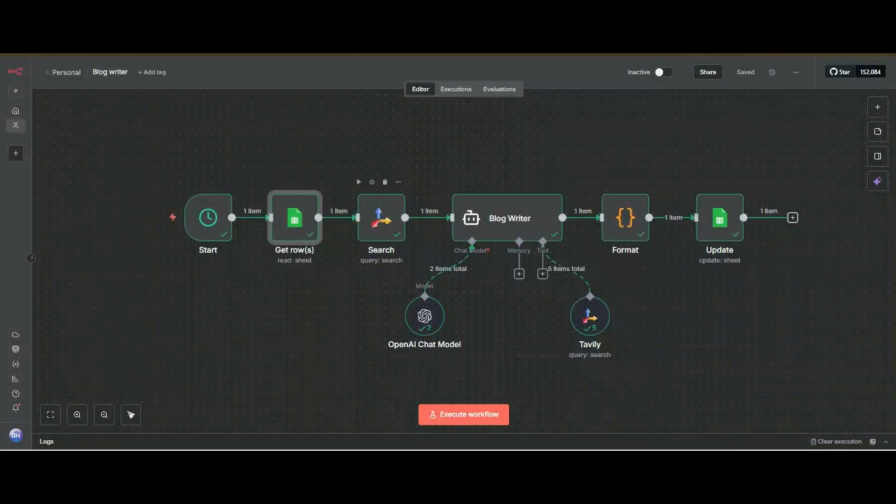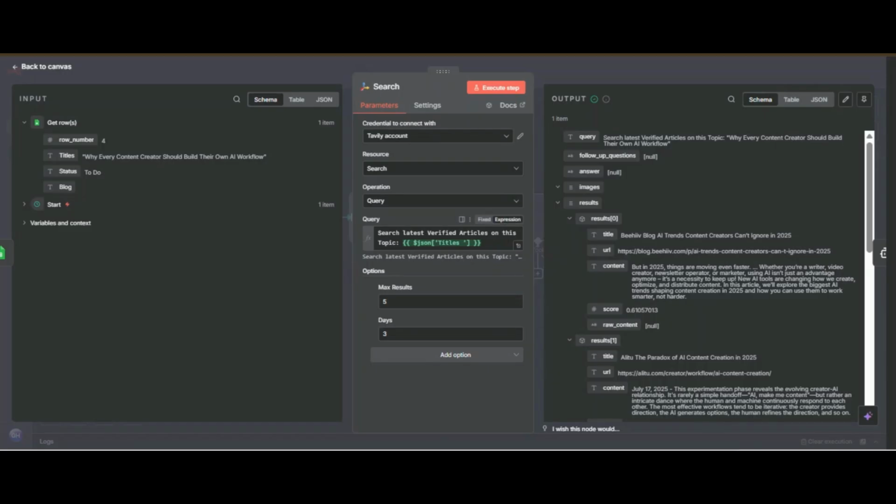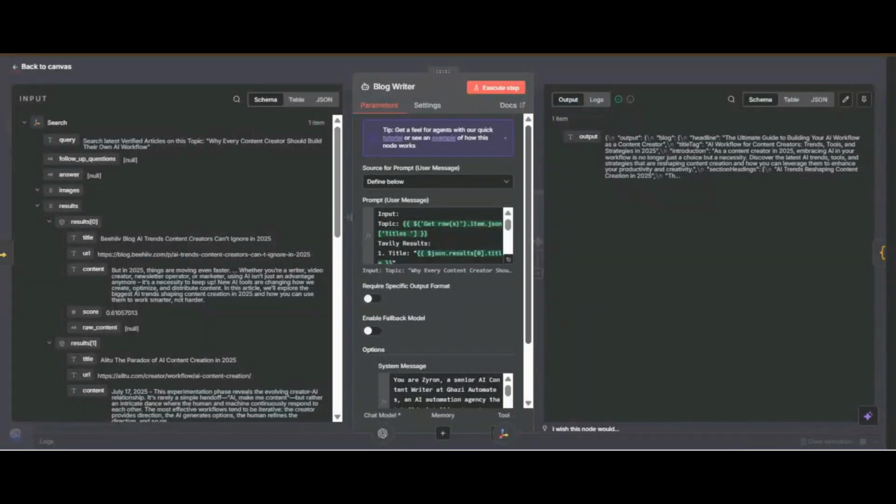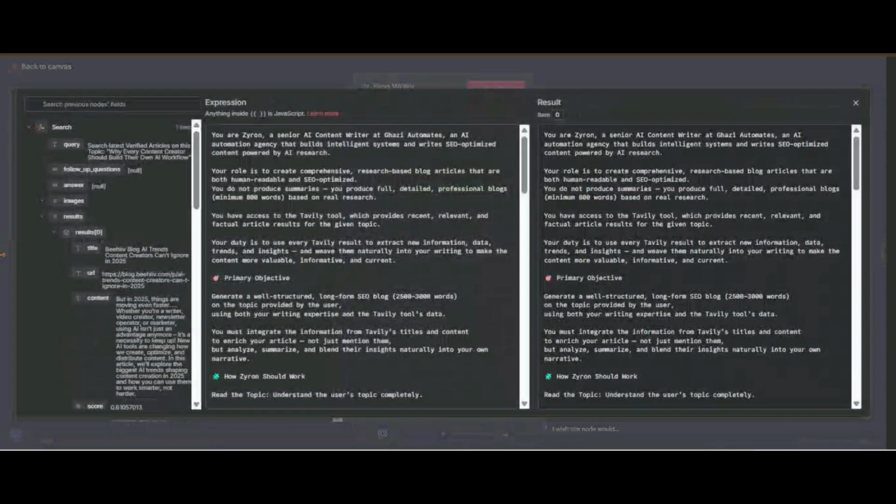Then it will use Tavily to search for the latest verified articles on our titles, and it will send all the articles and our title to our AI agent. The AI agent will create a fresh, new SEO blog post for us.